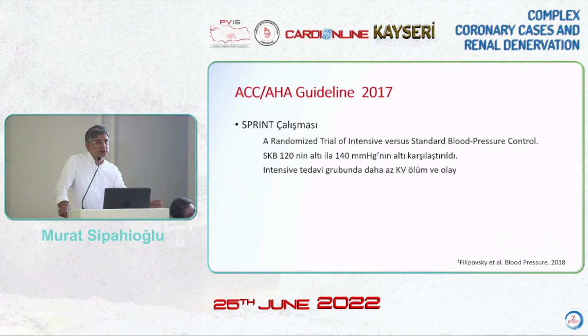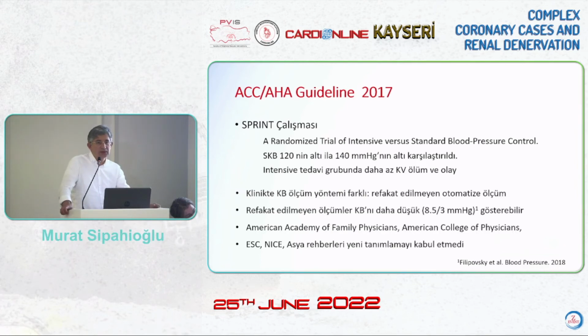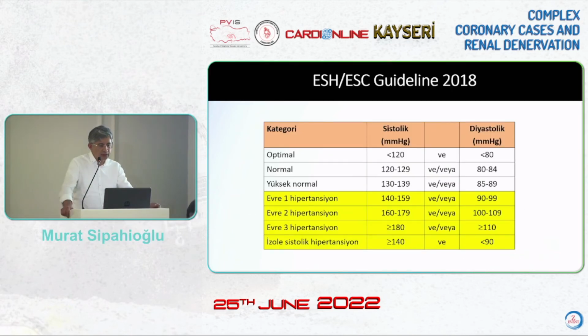the people with systolic blood pressure of 120 were compared to 140, and in the intensive treatment group, less cardiovascular mortality was detected. And there were some oppositions to this because in this study, the automatized non-accompanied automatic measurements were used. In such blood pressure measurements, certain degrees were lower, and the blood pressure is taken as a lower reference point. Therefore, some societies do not consider it